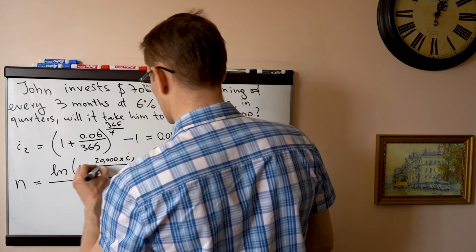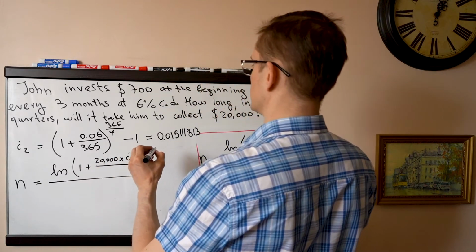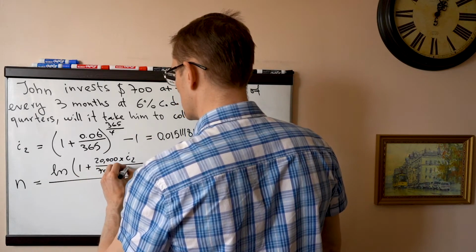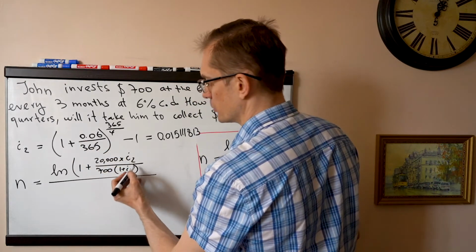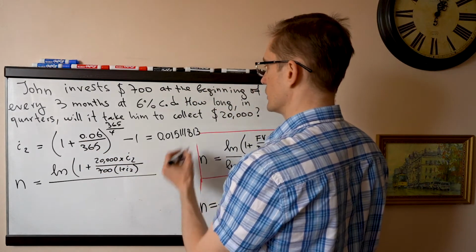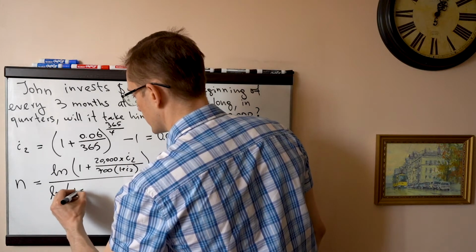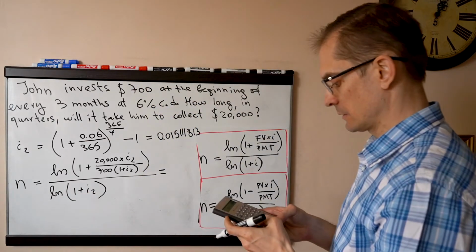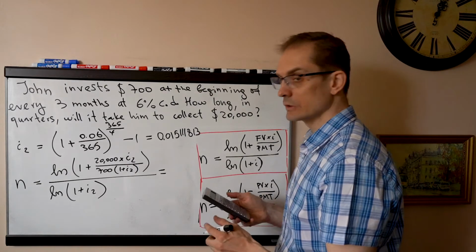So we have the general rate here and PMT. $700 is the PMT, which must be modified by multiplying by 1 plus I2 because that's a due annuity, right? It's at the beginning. So then 1 plus I2. Let's solve this. So the answer is